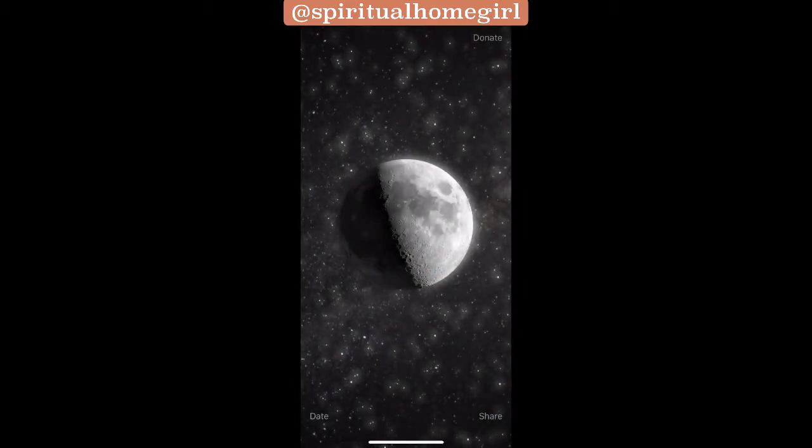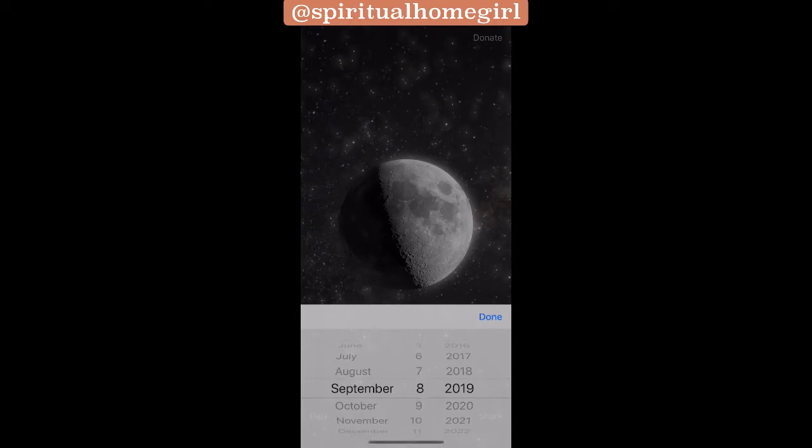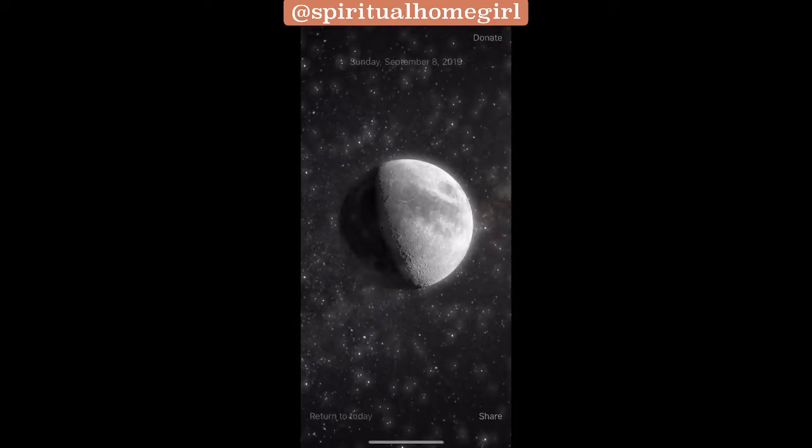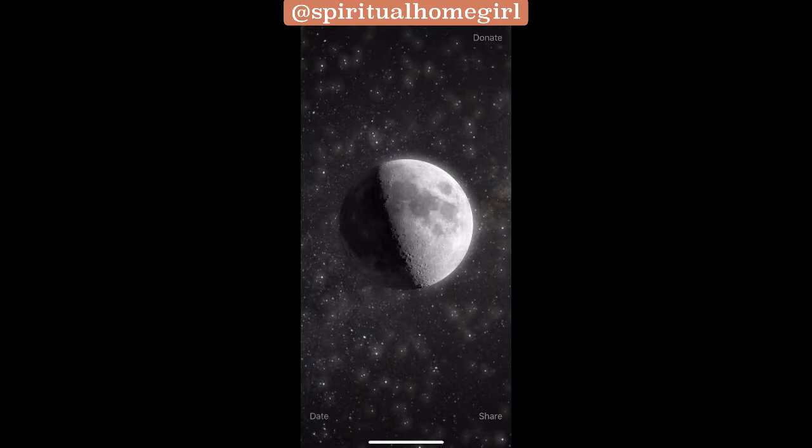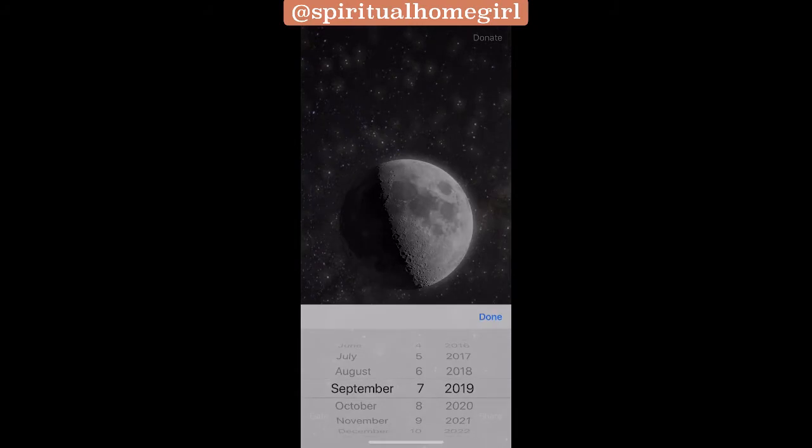It's strange. I don't know if I'm using it wrong, but I do know that it's called Moon App, and it only allows you to go one at a time, and it shows you the image of what that moon would look like. And it's really cool to share the image and things like that, but I don't really know what else I can do to it. You can share or donate.